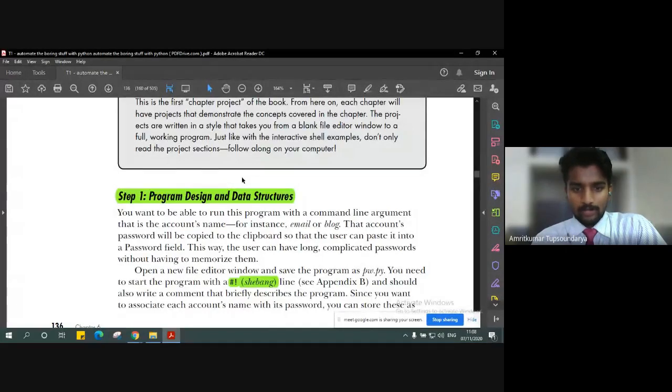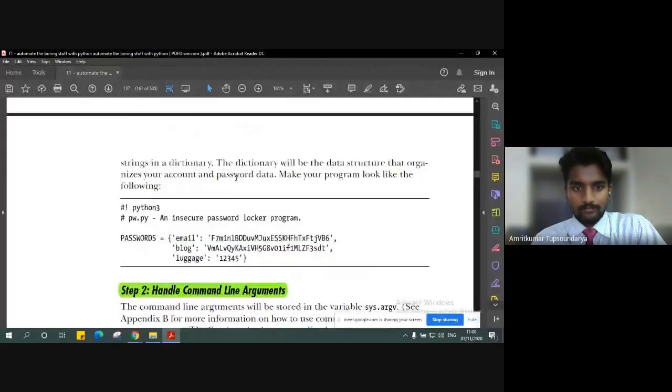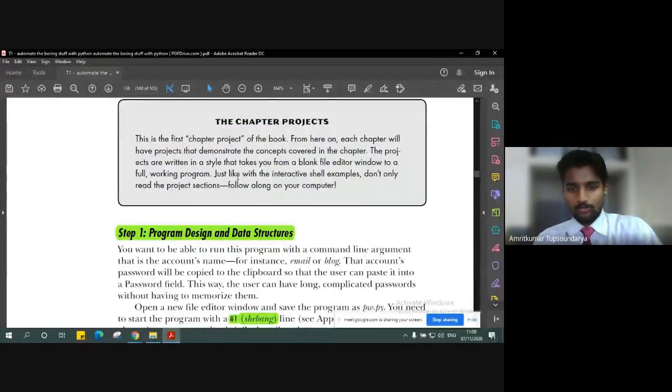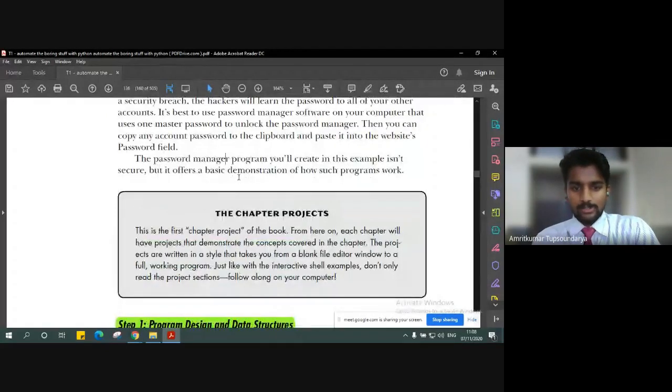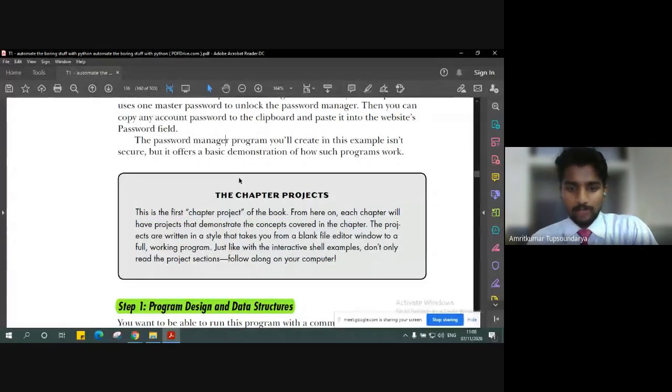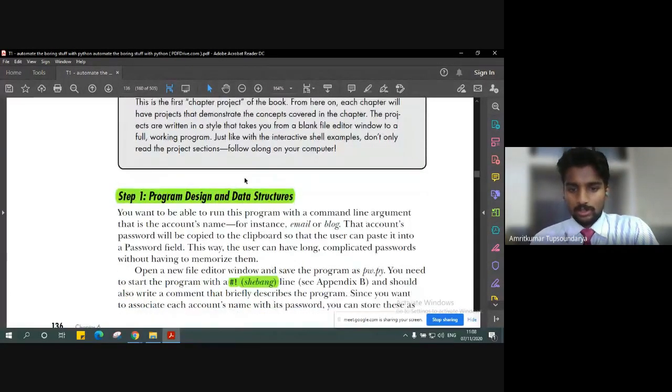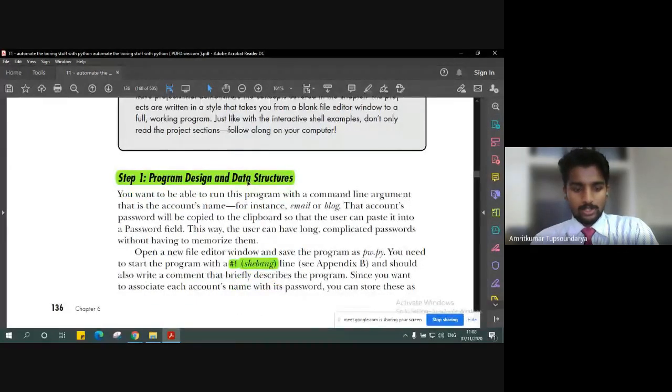For example, if we had email, blog, or luggage as accounts and respective passwords stored in the program, then given the name of the account it will copy the password into the internal clipboard, and later wherever we want we can paste it. To accomplish that, we wrote a program in three different steps.